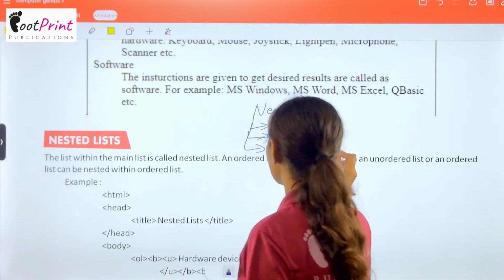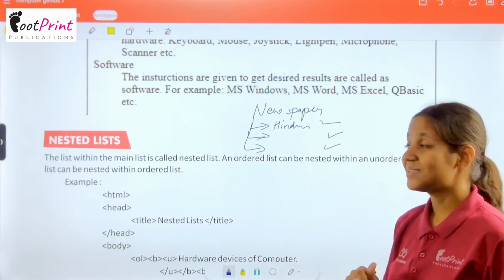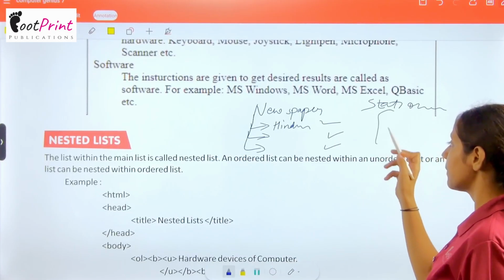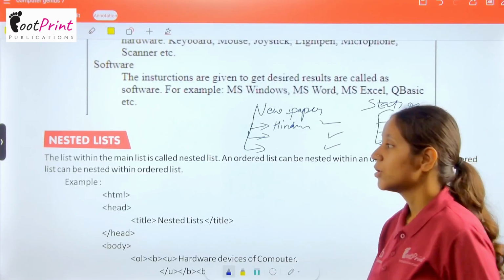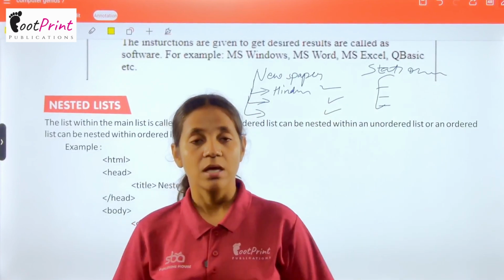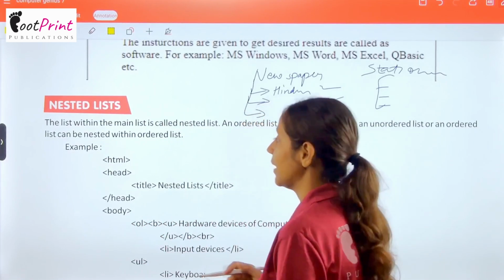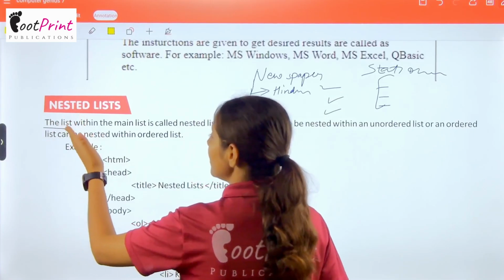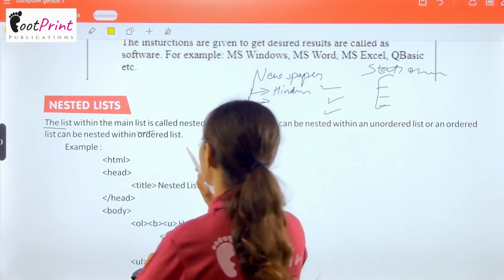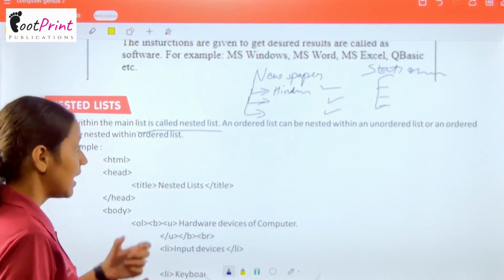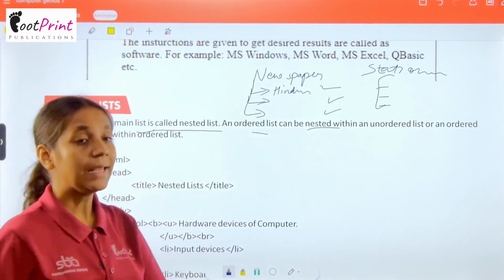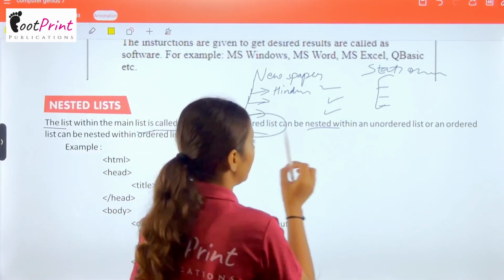So this is all about the newspaper. Similarly we have stationery. बस स्टेशनरी में तो बहुत सारी चीजें आती हैं, पेंसिल, पेज, पेन, ओके. So nested list means the list in which any other list is embedded. For example, see, the list within the main list, एक ऐसी लिस्ट जो मेन लिस्ट के अंदर included है, that is known as nested list. An ordered list can be nested with an unordered list, ok, एक ऑर्डर्ड लिस्ट आपकी अनऑर्डर्ड